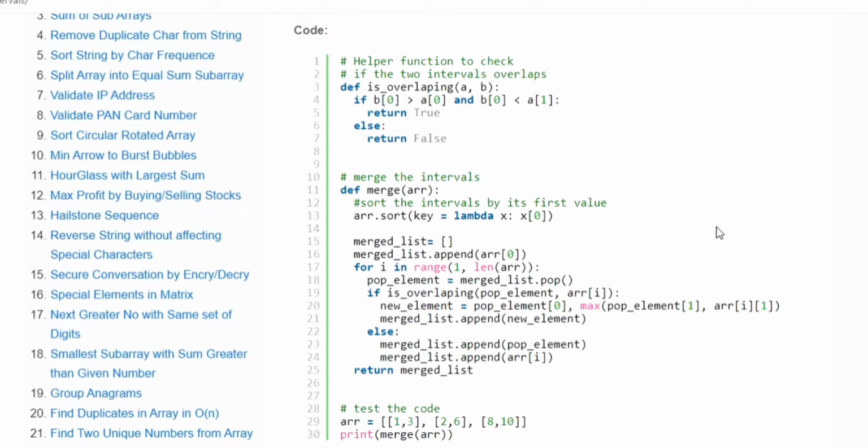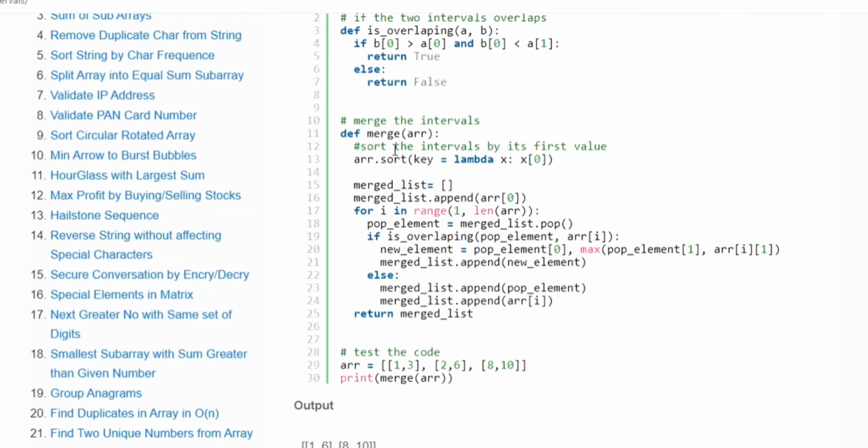I will just give you a brief about whatever logic we have implemented in the Python program. This is the helper function is_overlapping. This is to check whether the two intervals overlap each other. If these two intervals overlap with each other, return true, else false. And this merge is the actual function, where we are passing the array of intervals. This is again a list of lists, as we also call it a list of intervals, and we are calling